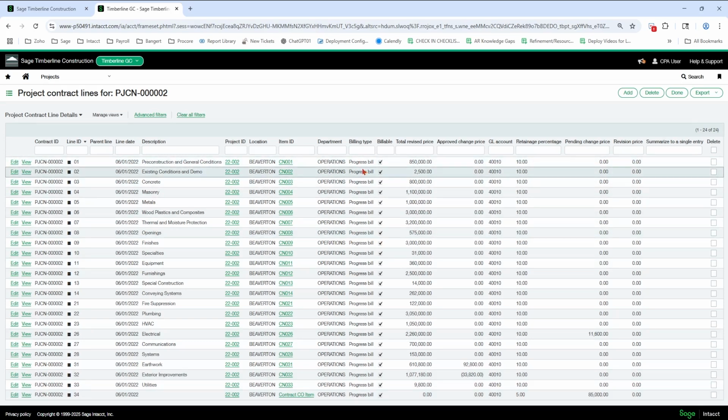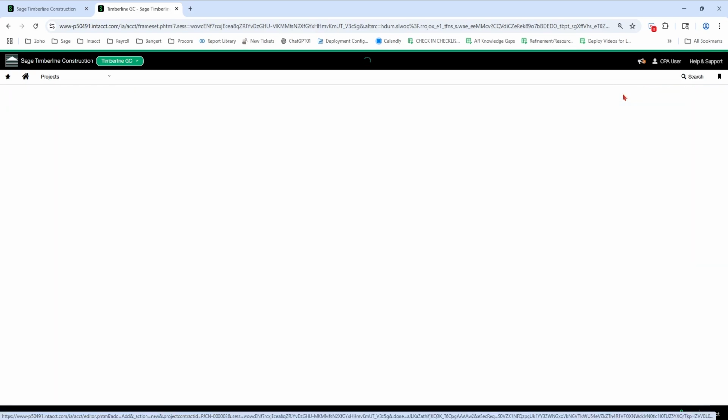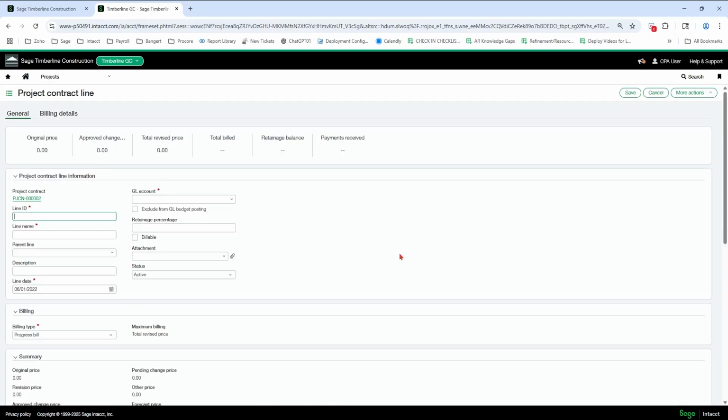So if I want to do time and material summarized, like I was just showing, or filled the AIA screen out for me, I can do that, and I can put fee at the bottom as a progress bill. So I can also do all progress bill, fee at the bottom. So I'm going to type in all amounts. I'm going to type in the fee at the bottom as well. Okay. The fee is not going to be something that calculates in this scenario. You have to calculate it, type it in yourself, no matter what. So even if you use the time and material summarized scenario I just went through.